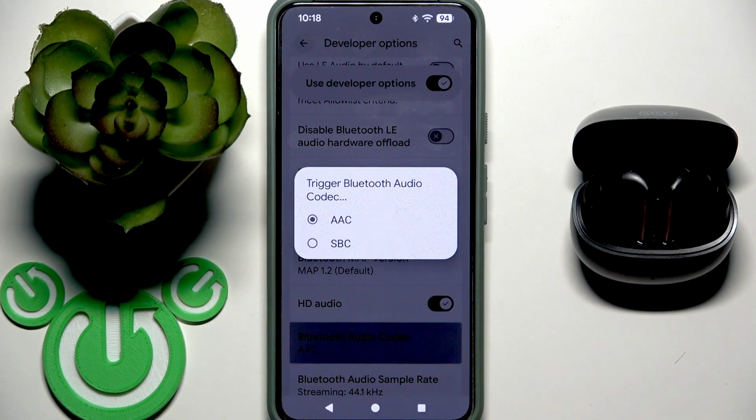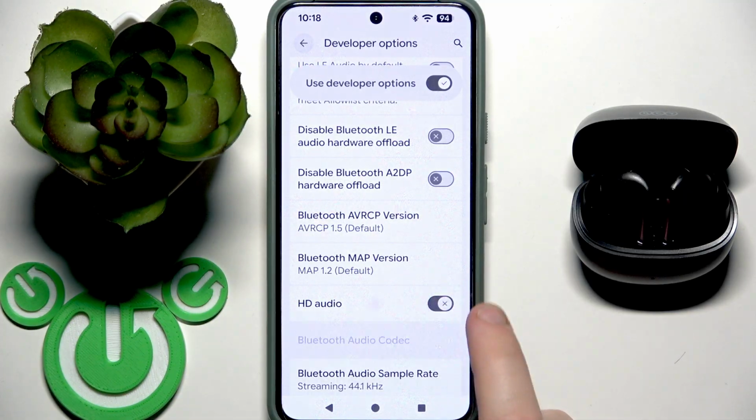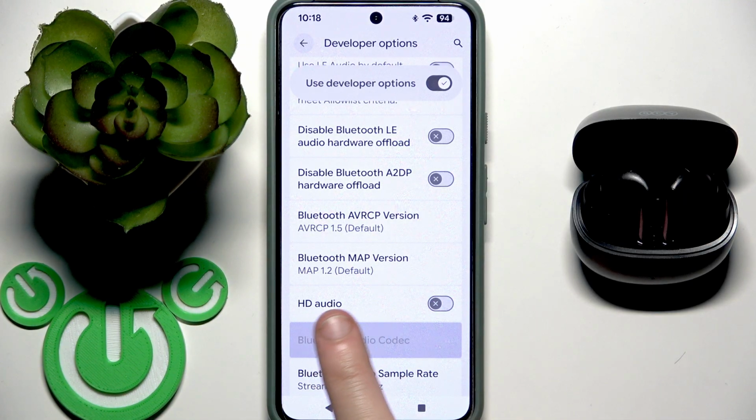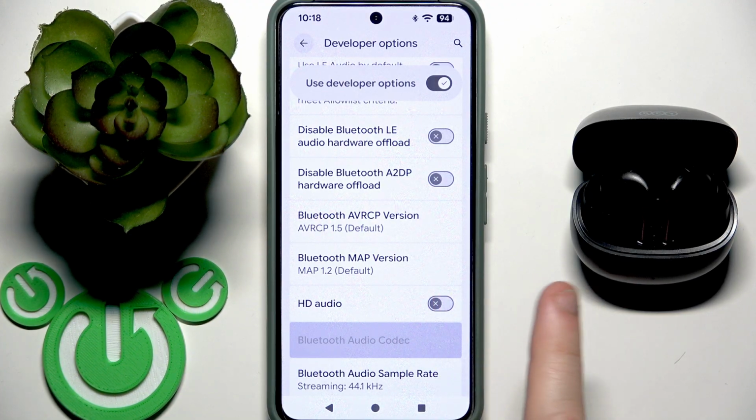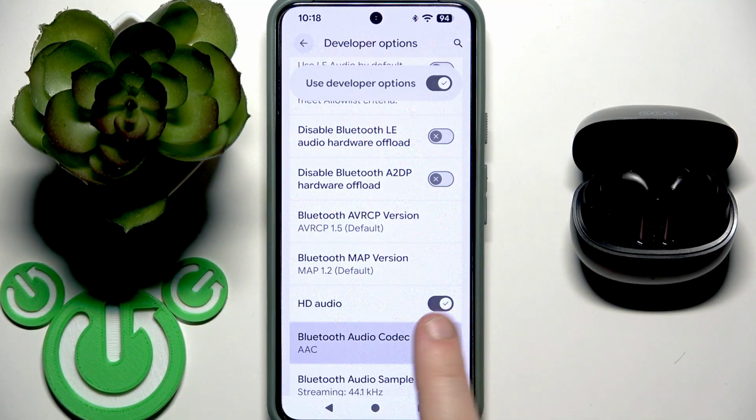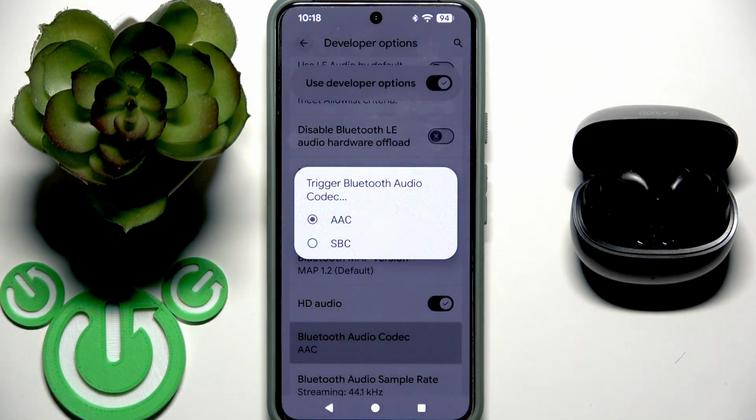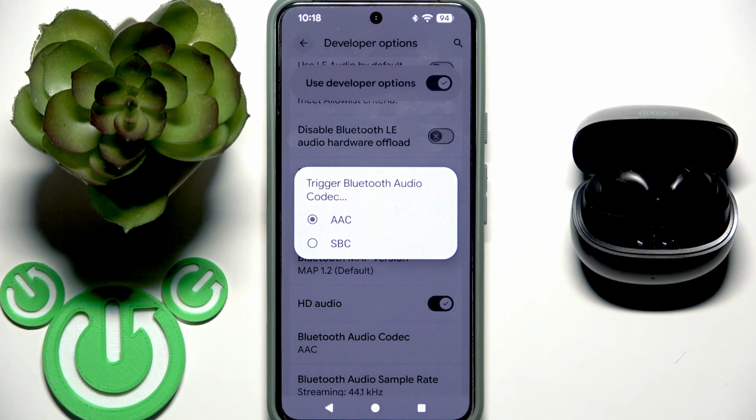If you cannot tap on the Bluetooth audio codecs, just enable HD audio. As you can see, I disabled it and I have no options to click on it, check it or change. So we need to enable it. And right now we have AAC and SBC. But this earbud supports LDAC. Why don't we have it here? Because we need to enable LDAC. By default it is enabled, but maybe you disabled it or you bought